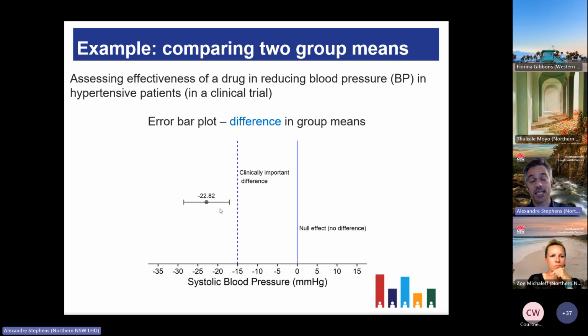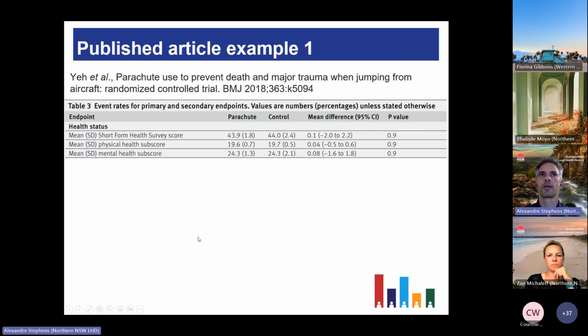It actually exceeds it in a negative direction. So it reduces blood pressure beyond the clinically relevant difference. So it's also clinically significant. So we're going to continue going through a few more examples, or at least a couple more examples for the